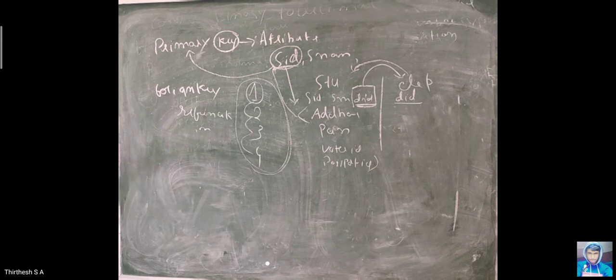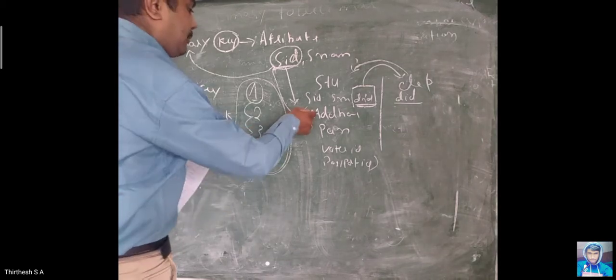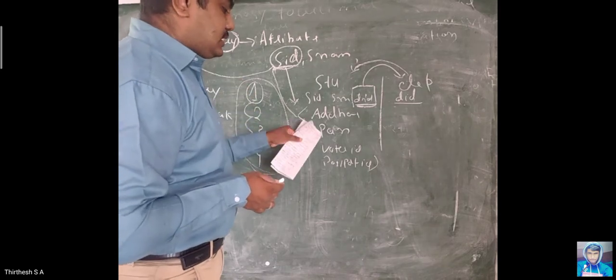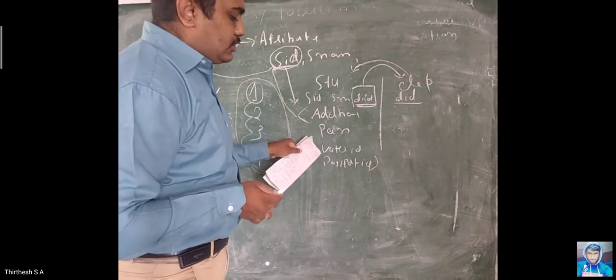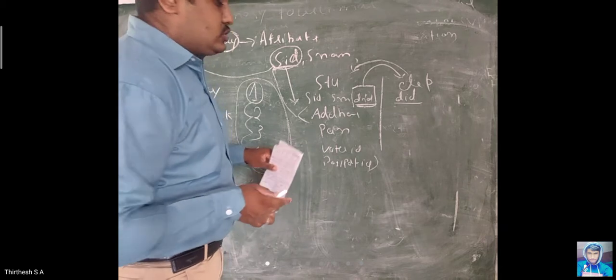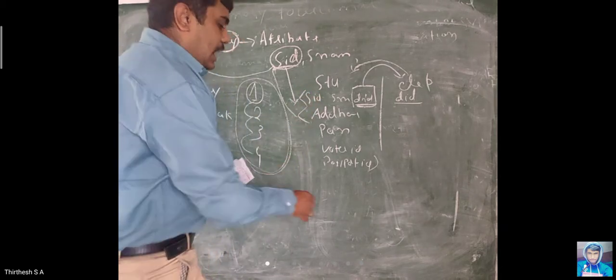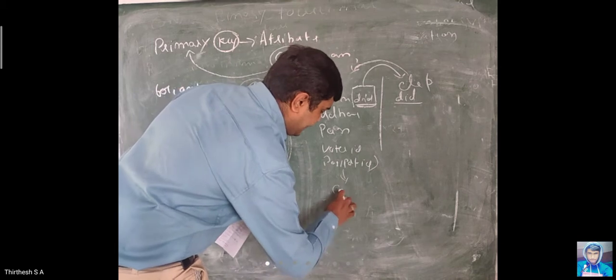For example, we can't take the name, because we may have a person with the same name, like someone called XYZ. He may be somewhere else also in one more column as XYZ, so we can't take a name as a unique thing. But those things which we say are unique, like the Aadhaar card number, will not be repeated. It is unique for one person, likewise the PAN card number or voter ID number or passport ID number. So these attributes are known as candidate keys.